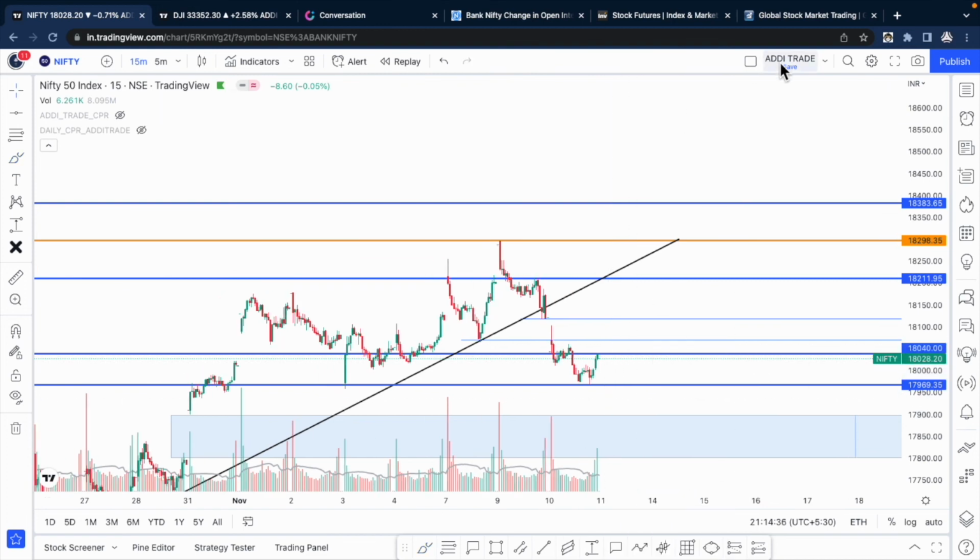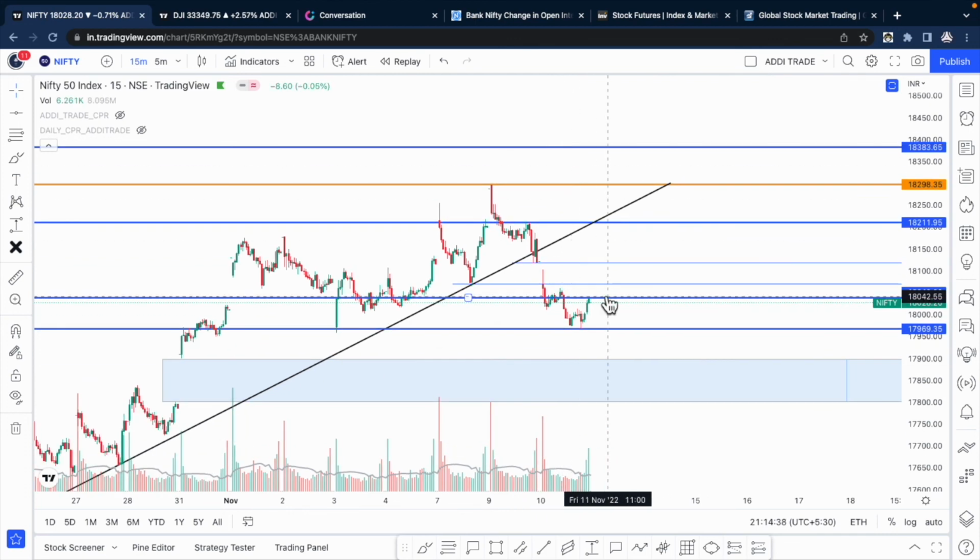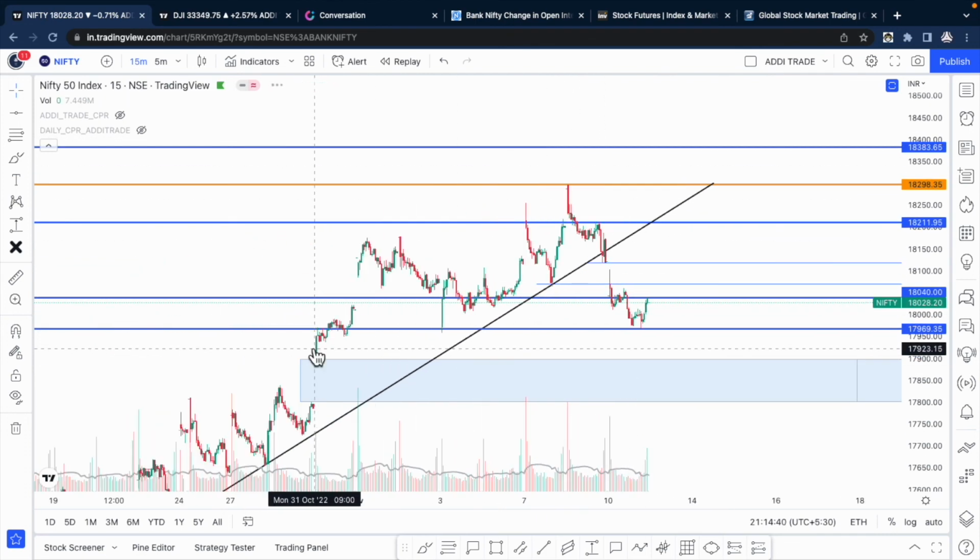So that's it for Nifty and Bank Nifty for tomorrow. Pretty detailed explanation. Let's see if even tomorrow we